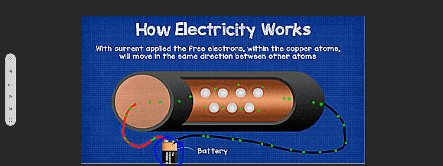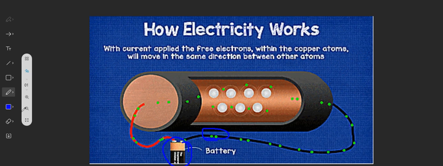That is, whenever it has a power supply associated with it, then only it will allow the electron flow to start. As you're seeing here, the electrons are already present inside this circuit, in the wires. But they are in random motion, as we discussed with the drift velocity, how the drift velocity makes the electrons move in a single direction, right? So when the electrons want to move in a single direction, we need a particular energy. That energy is given with the help of the battery we have over here, right?